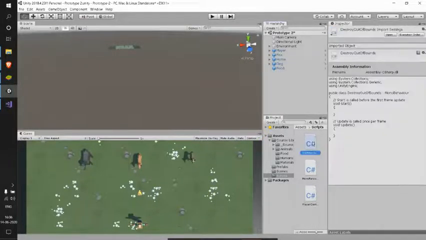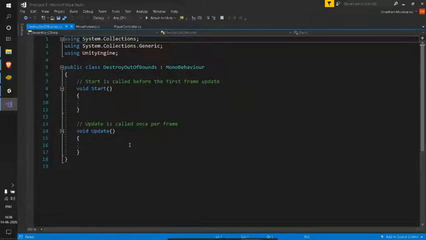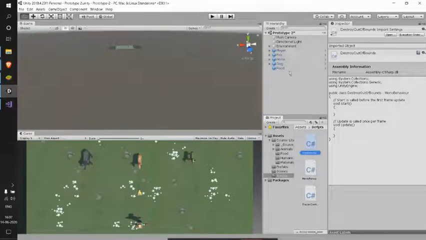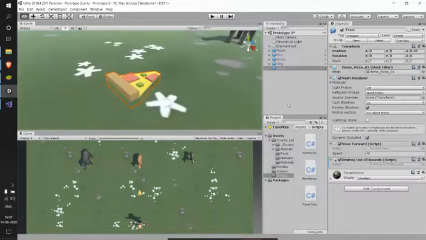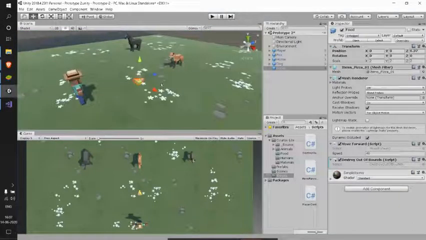Now I can write this particular behavior which I want to give to my food game object. So let me get to my Visual Studio here, and I need to perform a very basic check here. Let's just go to the food here. See, let me move this a bit. Let me round it to 30.